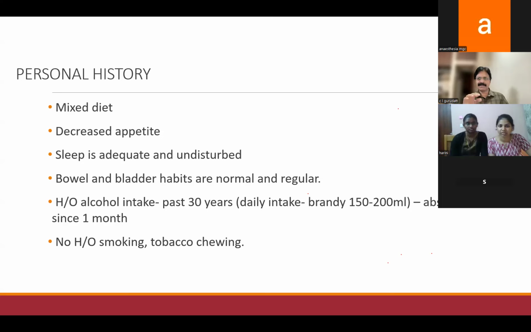So that is another very important definition for alcoholism or alcoholic. You should have brought this into the history of presenting illness. Don't keep this in personal history, because the cause for his problem, the end-stage liver disease, is the alcohol, isn't it? Suppose the alcohol intake was not the reason, suppose he does not give you a history of